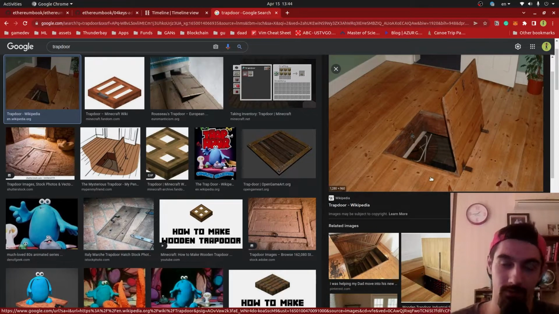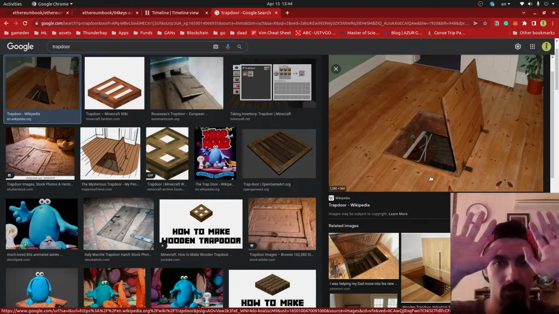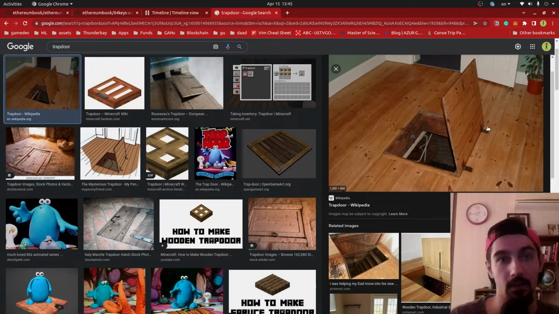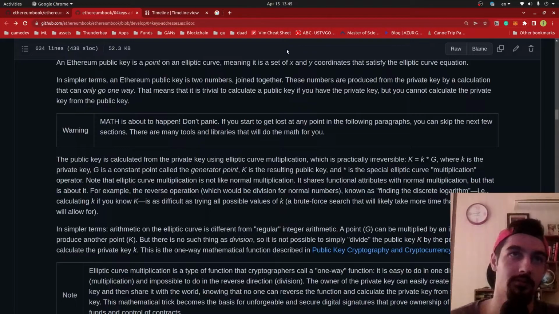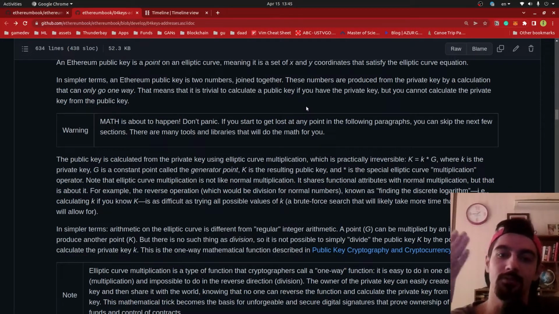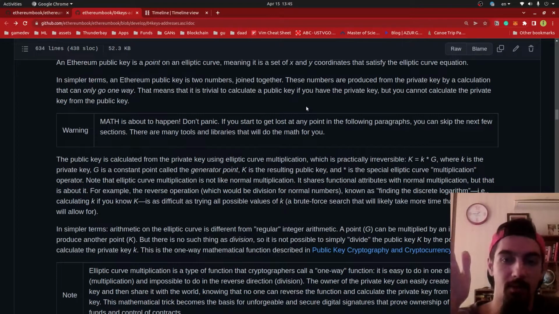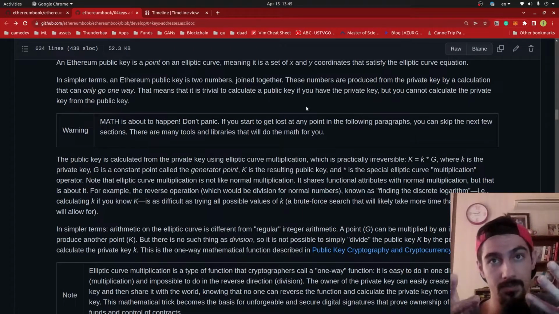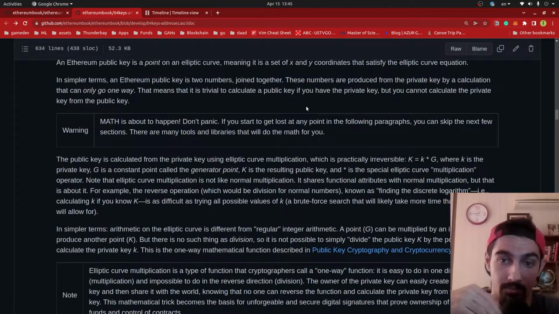So if you're inside, you can push the door off and come out. But if you're outside, there is no way to push the door and open it. Otherwise known as irreversible. So there are irreversible functions in mathematics, and we use these functions to generate a public key from our private key. These functions are irreversible, meaning if you have the private key, you can easily generate the public key. You cannot guess the private key from the public key.